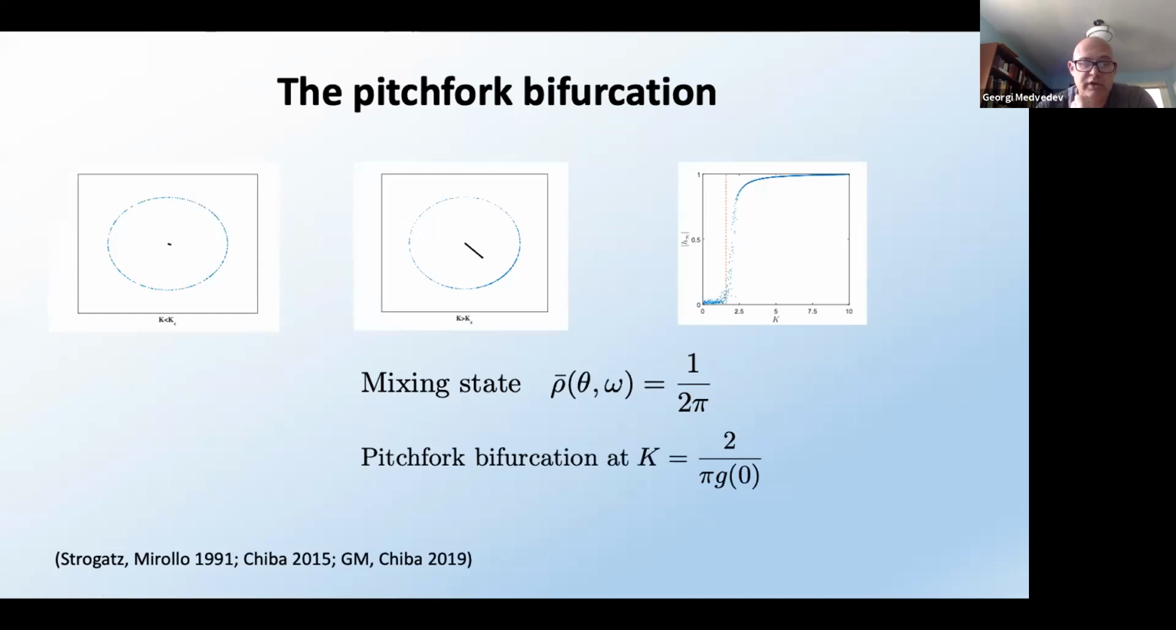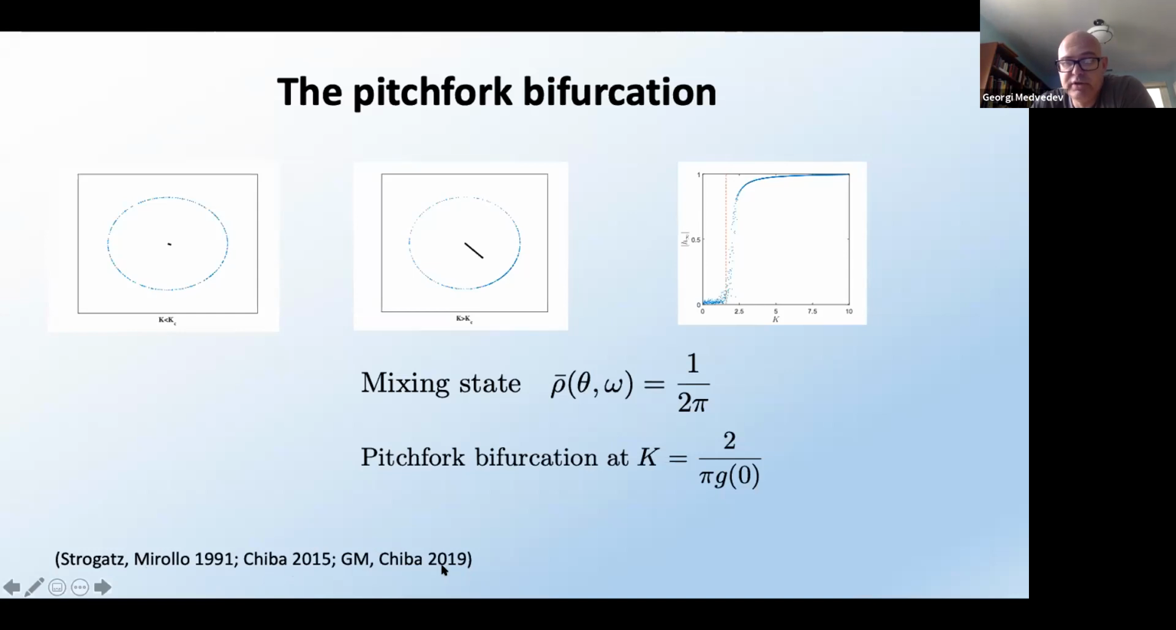So the rigorous mathematical analysis of this problem and the bifurcation analysis is a very non-trivial problem, and it was worked out rigorously relatively recently. The first person who did this was Hayata Chiba. And now we have other approaches, other methods for this problem. And recently, with Hayata, we